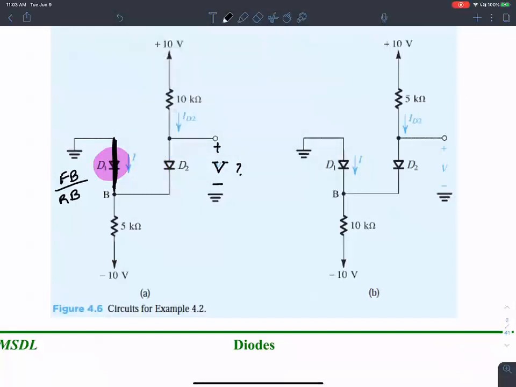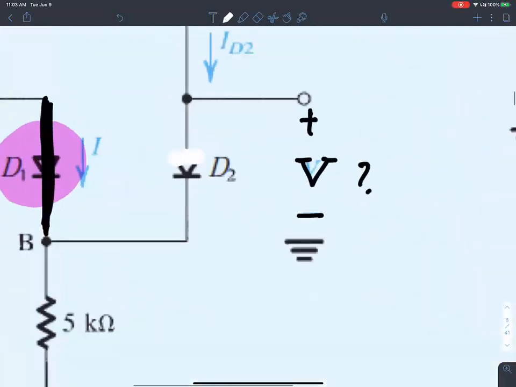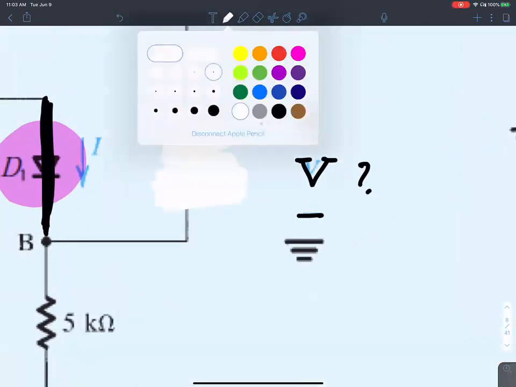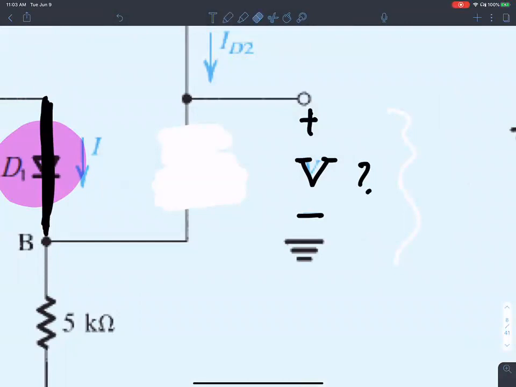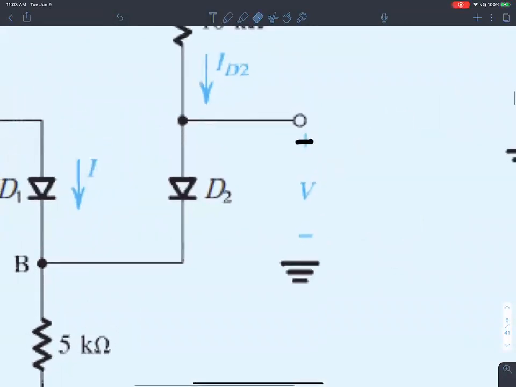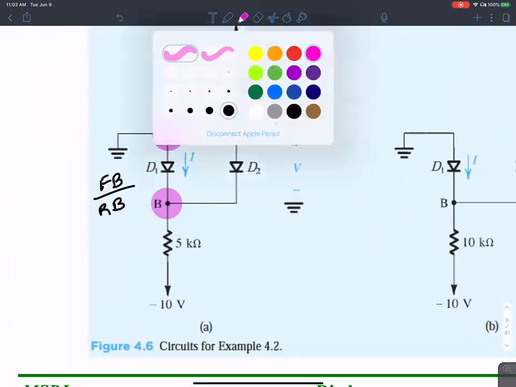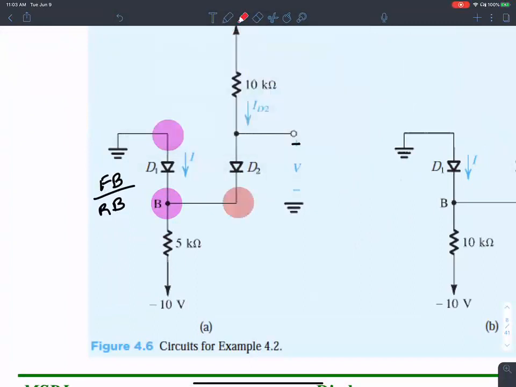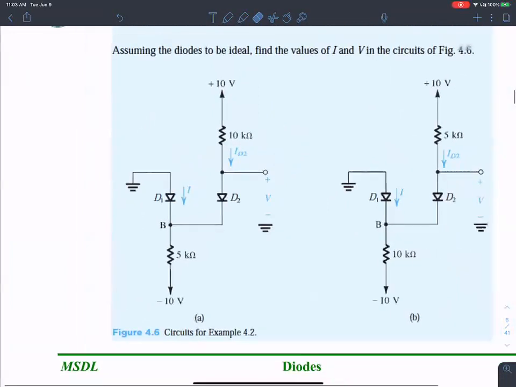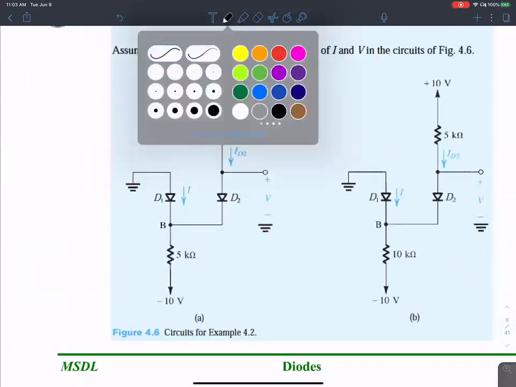If I know a particular diode is reverse biased, let's say if I knew ahead of time that D2 is reverse biased, then I'm simply going to open circuit it and find out the voltage across these terminals. But I really don't know what these voltages are. If I knew the voltage here and here, then I would know whether the diode D1 is forward biased or reverse biased. Similarly, if I know the voltage here and here, then I know whether D2 is forward biased or reverse biased. As of now, I don't know whether D1 and D2 are forward biased or reverse biased. So in order to solve this problem,